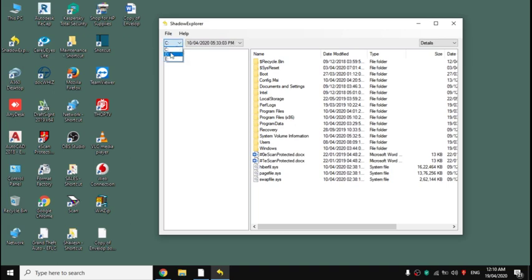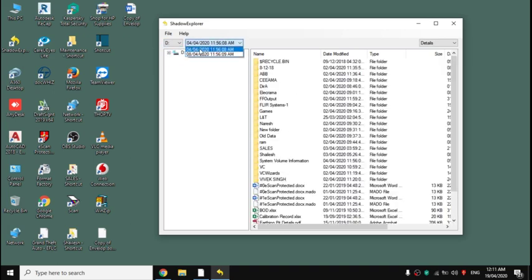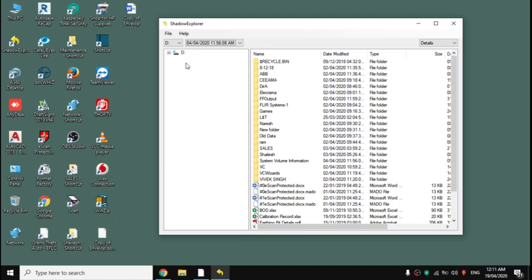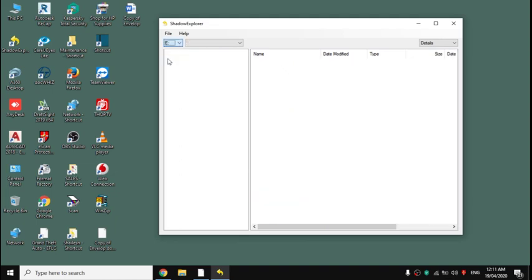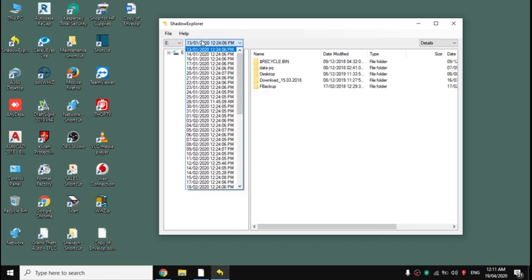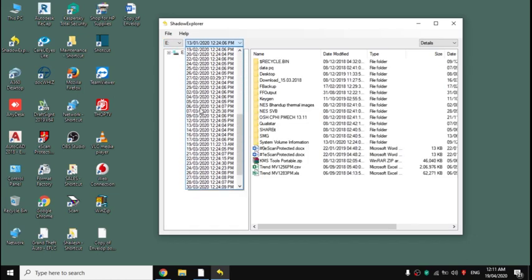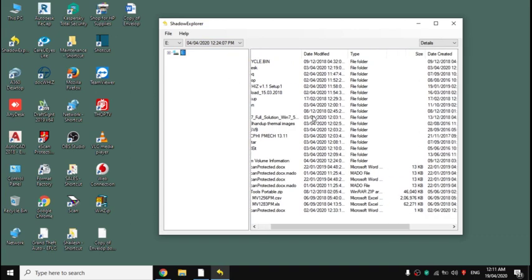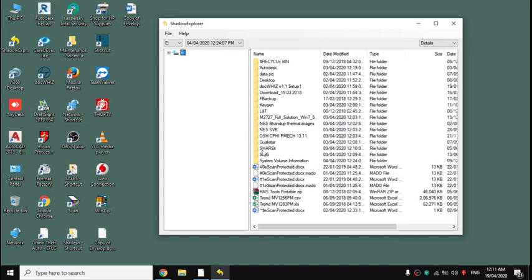If I select the D drive and suppose I select 4th of April, and now I have all my files over here, you see. Similarly, I'll select E drive and okay, so there are a bunch of dates that I can select from here. So again I'll select 4th of April and again I have a bunch of files, you see.